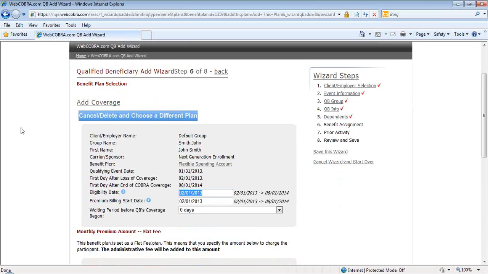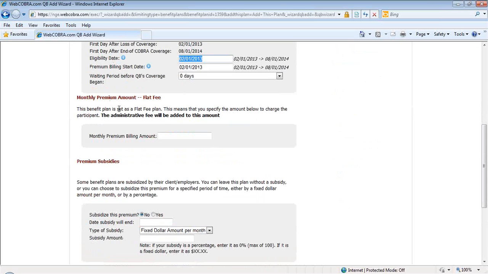And then here it looks pretty much the same until we get down to the actual tier election amount. Now, obviously here with an FSA account, it's going to want us to put in a monthly billing amount instead of an actual straight single, double, or family coverage level. And the monthly premium billing amount is determined based on the employee's contributions to the flexible spending plan as well as their annual election. And in fact, their eligibility for the flexible spending account is dependent on some of those